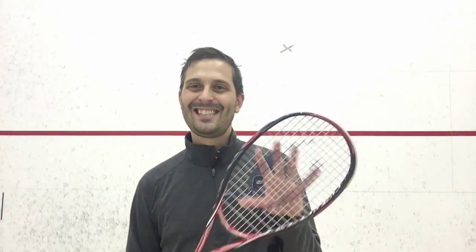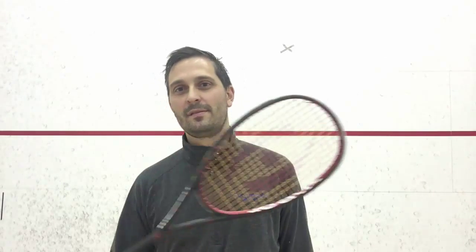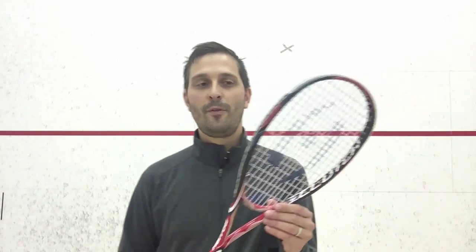And this is a racket I haven't seen as much of. I know the Vapor is, I think, Harrow's number one most popular racket. Tons of pros play with it, tons of regular club players play with it. The Clutch, I've seen it before, but